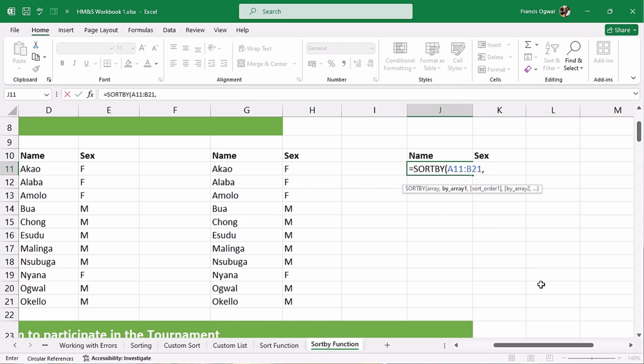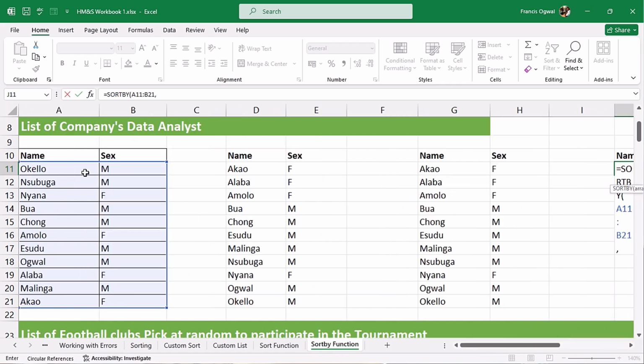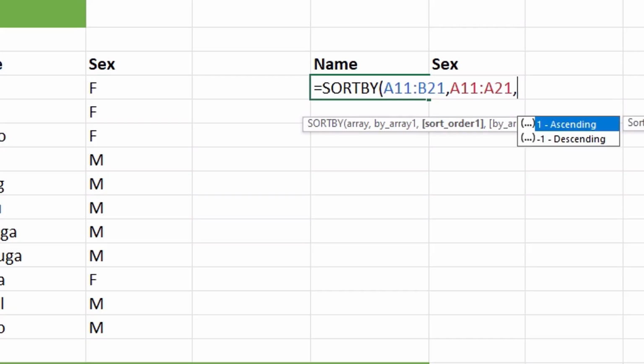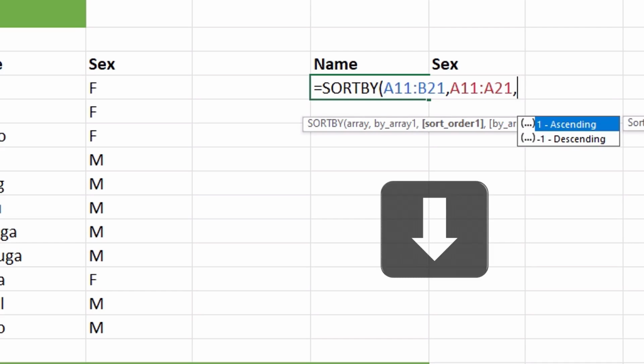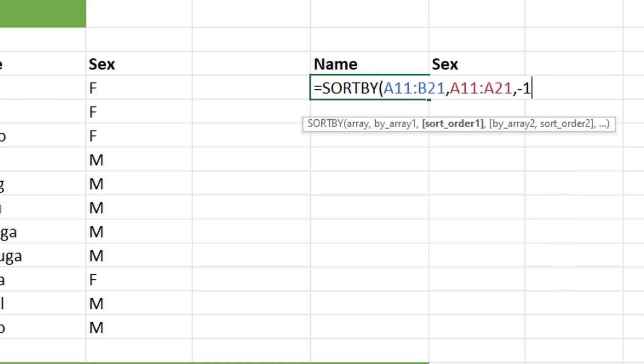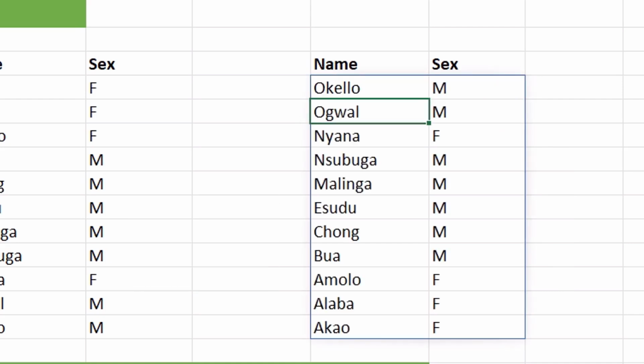By array argument, I'm going to highlight the column where I want to sort on, and then comma. So instead of ascending this time around, I'm going to down arrow to descending, and then I hit tab, and it will put -1 there automatically. When I close my bracket and hit enter, you can see that my data is now sorted in